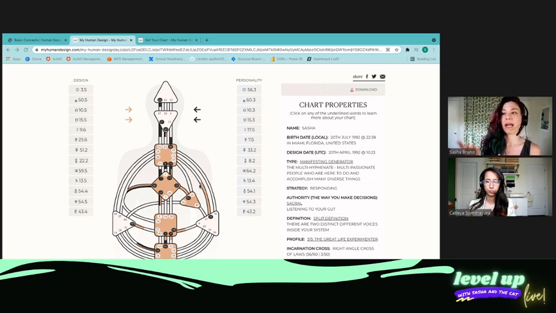And basically, the way that human design is different from astrology is it's not just your time and place of birth. It also calculates where your soul was 88 days prior to when you were actually born. Why 88 days? I don't know, actually. I want to dive into this way further, so there might be a part 2 to this because I'm super intrigued now. But that's how they come up with those columns on the left and right. One is based on the time and place of birth, the other one's based on the 88 days prior. So it's intense. There's a whole other thing too, but that's the basics.